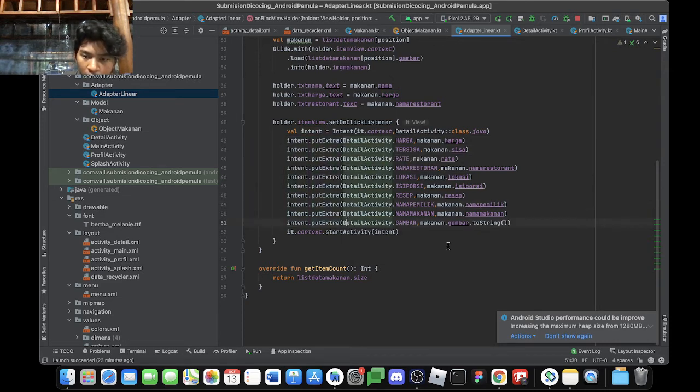And once again the image is a little bit different. After you put a variable from the model, dot toString, and put normal brackets after it.